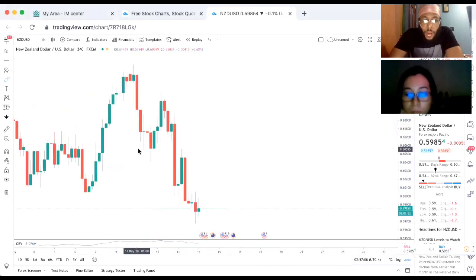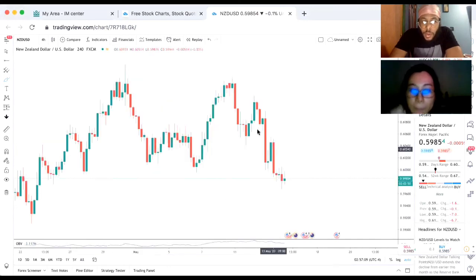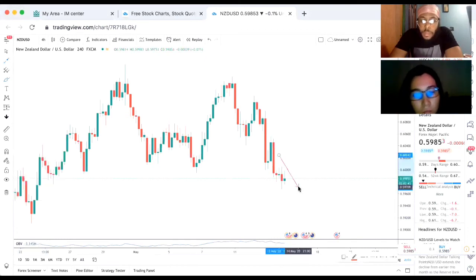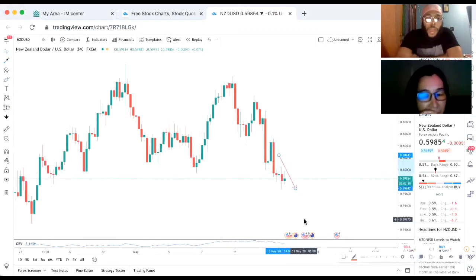So now, since price is heading down, prices are starting to go down. Where can we look for price to go up? Find me the point of interest where price is going to rebound from. And you have to look left, right? You have to look at the past to find the point of interest.